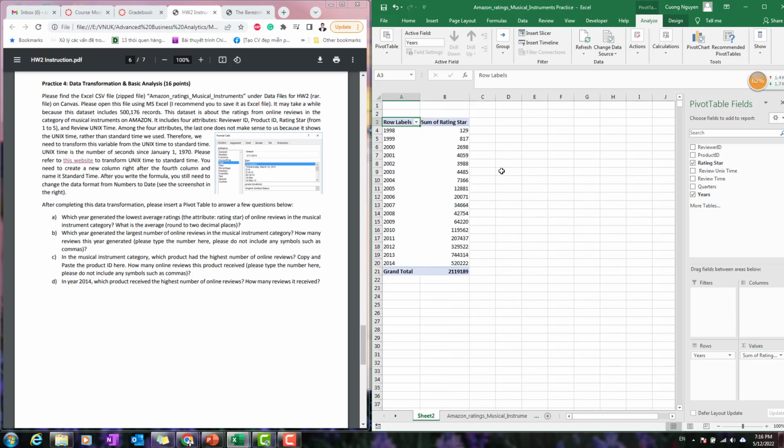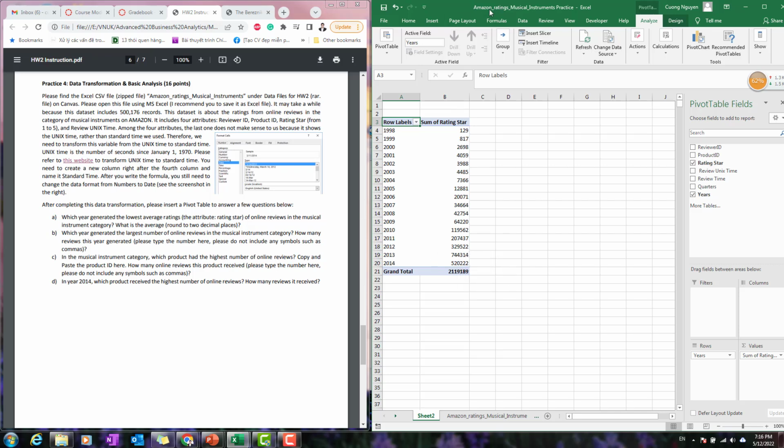But what happened? Oh, it looks like in 1998 there are a lot of people doing ratings. Not a lot of people, because at that time the internet was not that popular and people didn't have the purchasing behavior of giving customer experience feedback or surveys, something like that. They didn't want to give feedback. That is opposite to the current values, for example in 2013 or 14, when people now do